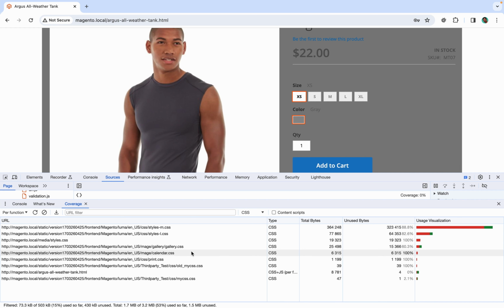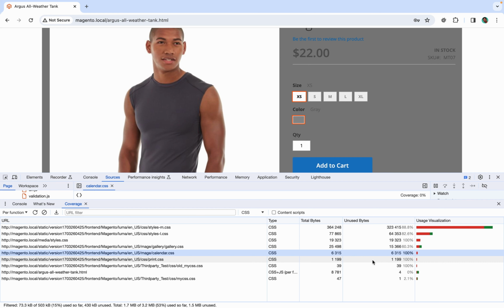So you have to review these files to see whether they are really used in one place or another, because it might be possible that you have loaded this file on all pages, but you require it only on a few pages. But in our code coverage, whatever pages we have browsed, these files are not required. That's why this unused percentage is 100. So you have to review all the files where the unused percentage is 100 or close to 100 and figure out whether these files are really required or not.